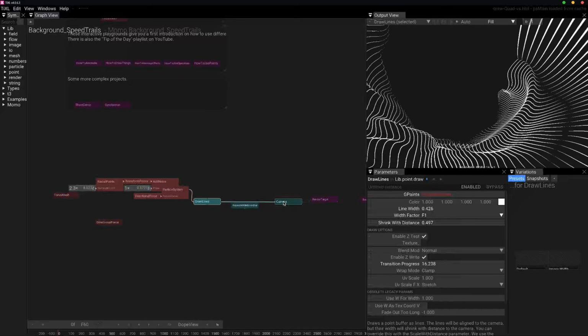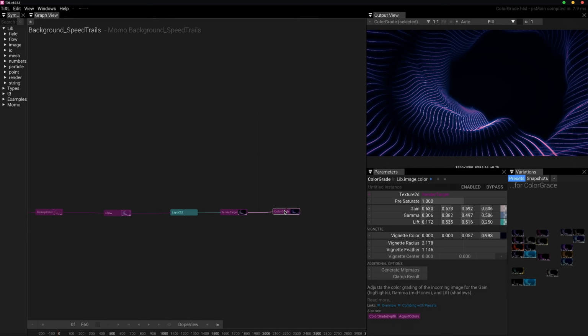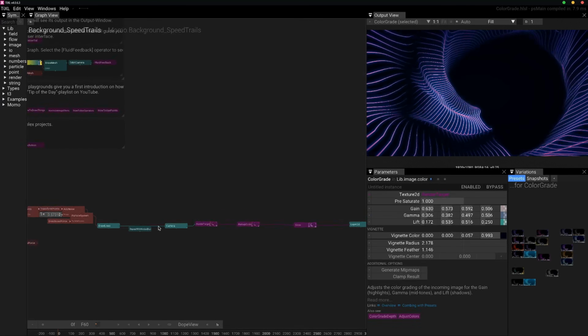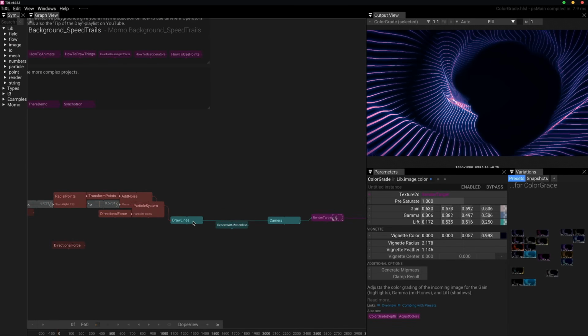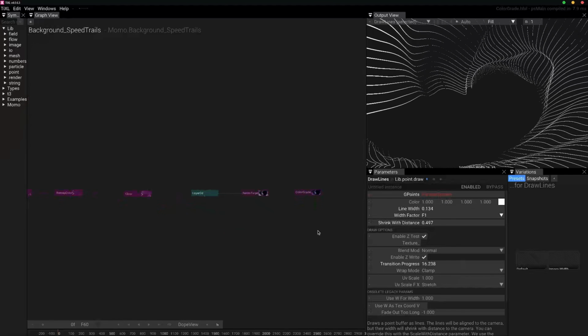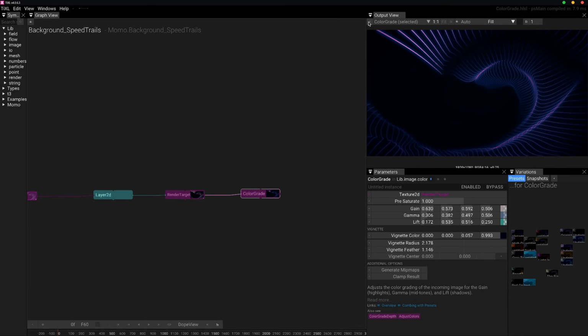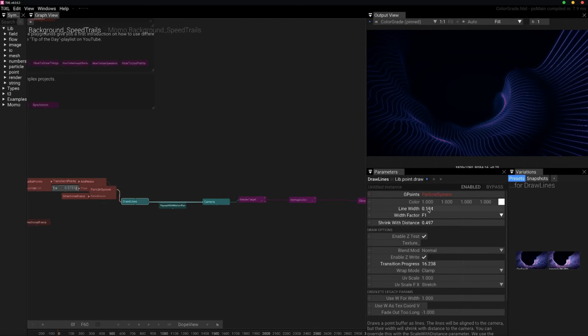The live preview will always render the currently selected node. However, once you have a long chain of nodes, you might want to adjust one of the first nodes of the setup and see how it affects the final result. In this case, you can select the last node of your setup and pin it by using this icon or by pressing P on your keyboard.